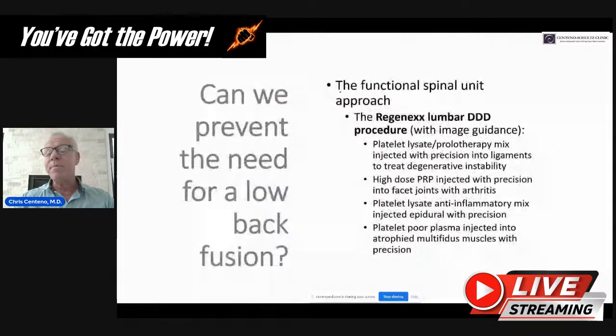But we've seen much better results when you actually use PRP, platelet lysate, and platelet poor plasma for the whole functional spinal unit. So you inject the facet joints, around the nerve, into the ligaments, into the atrophied muscles. And again, that's called the functional spinal unit approach. We call that procedure the Regenexx DDD procedure. And we have a randomized controlled trial